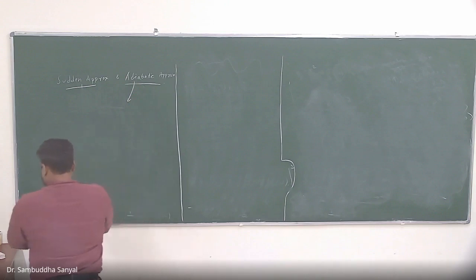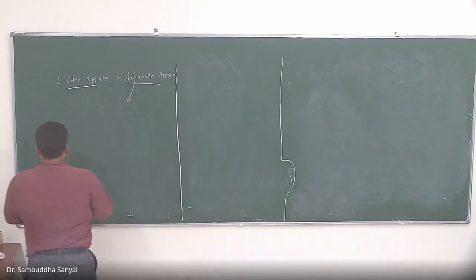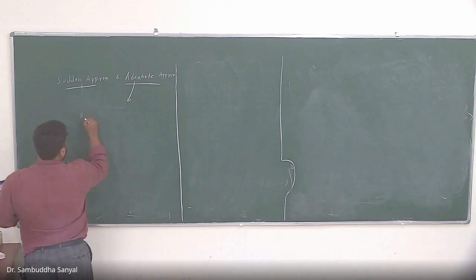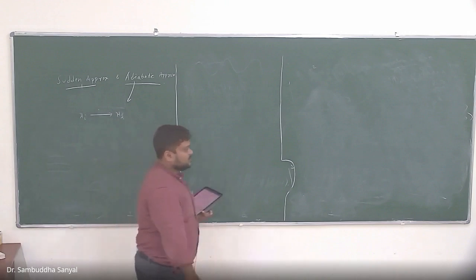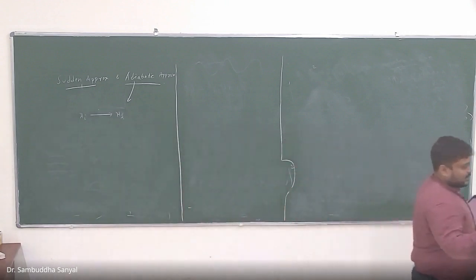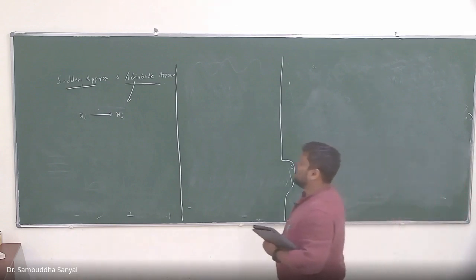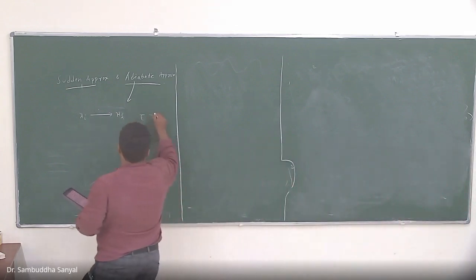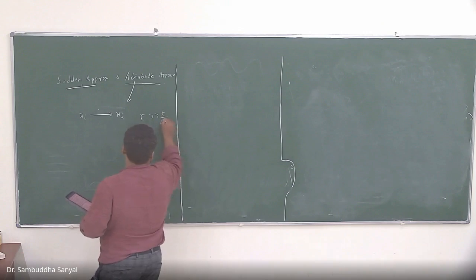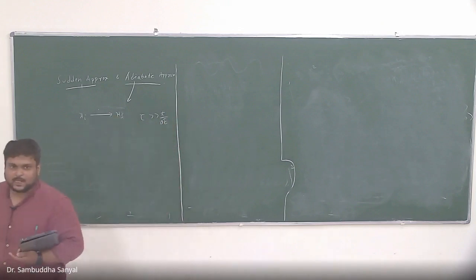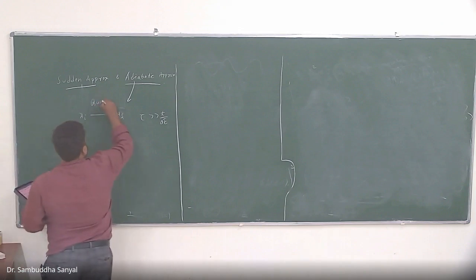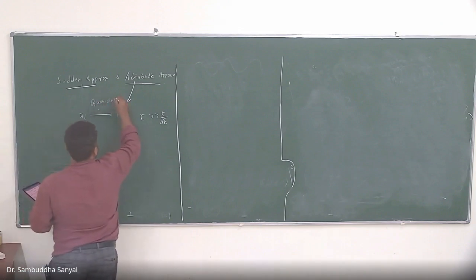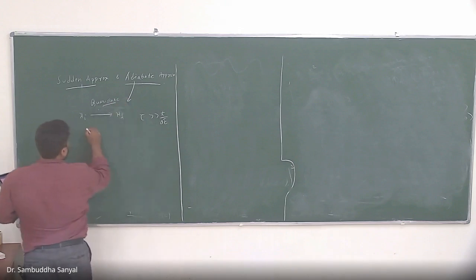The idea is the following: if you have some initial H_i that goes to H_f very slowly. Now again, what does it mean by slowly? Slowly means again that it is much slower than h bar by delta. So the time scale of this is much greater than h bar by delta. Then the idea is that it's a quasi-static process, which you must have learned in thermodynamics. That means at every instant